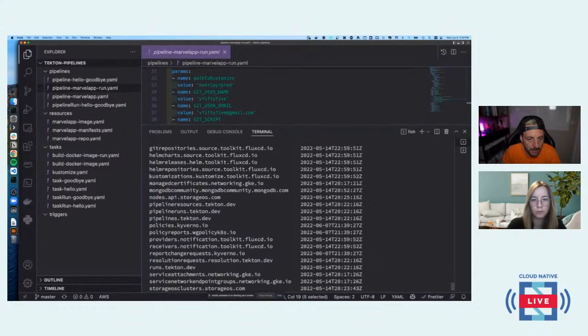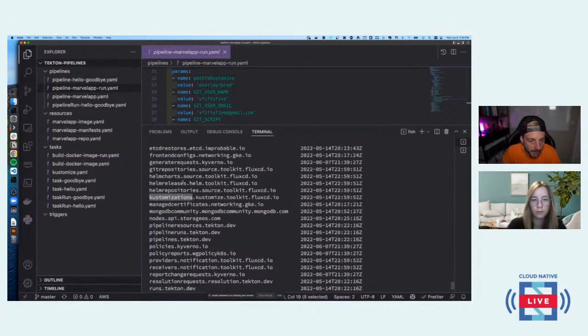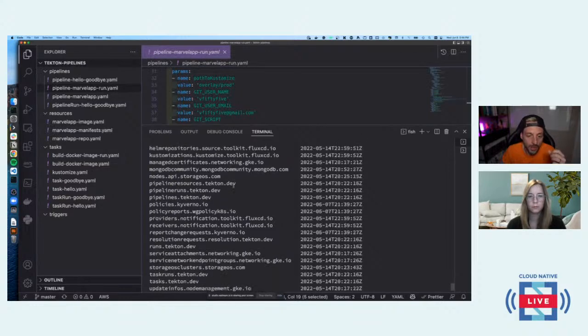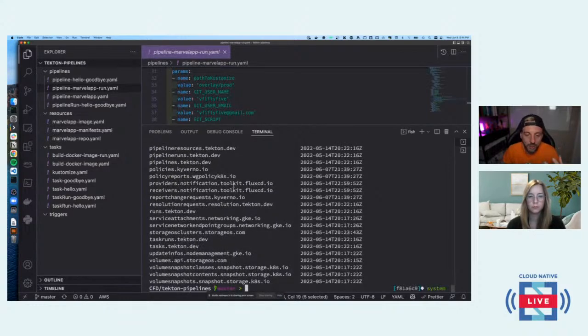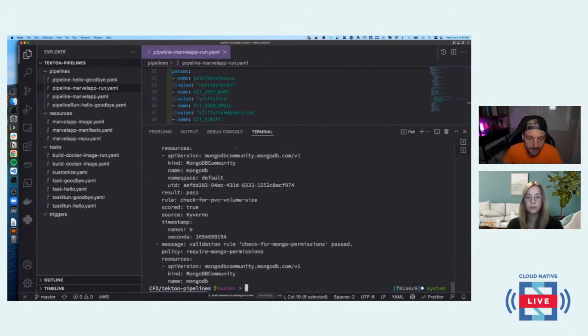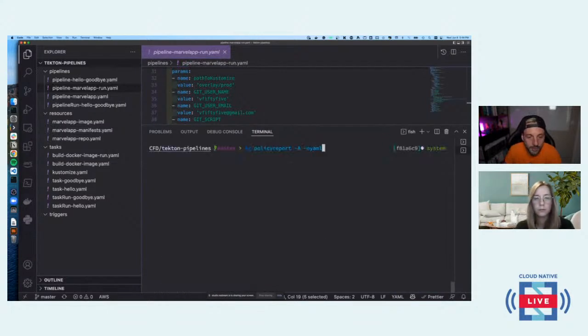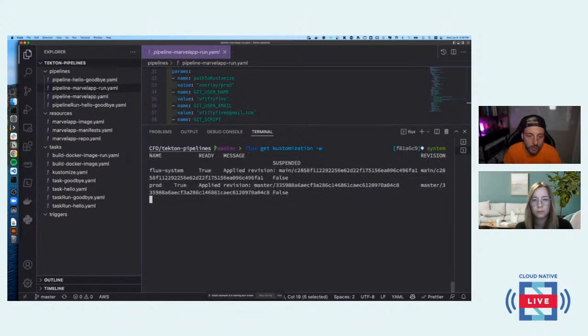Flux pipelines. Yeah, you can see customization there, and I should have Git repositories as well, right? So I've defined these Git repositories with the manifest as part of the repository that Flux needs to monitor. As soon as you see Tekton updating the upstream repo, Flux is going to pick it up, right? So what we're going to do is a flux get kustomization -w to check once it picks up the manifests that have been updated, monitor the changes,